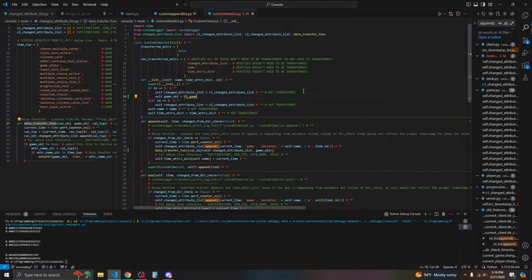Trying to think which file it was where I don't import the game object. I guess I'll cross that bridge when I get to it. So we'll just have to import